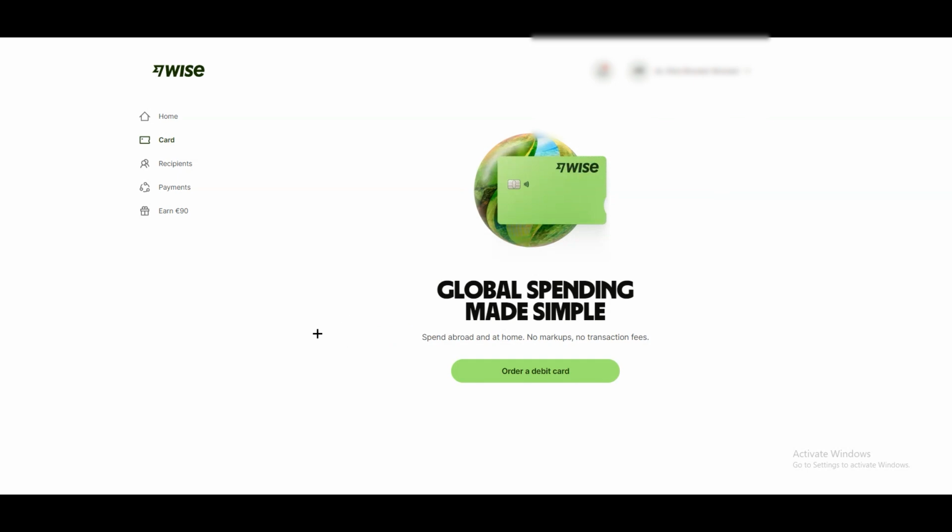So the second method is debit card. Obviously, you can also order a debit card from Wise, and there are many advantages of this. Why? Because if you have this Wise card and if you share this detail from someone, they don't even need a Wise account to transfer you money, and Wise will not charge you any fees for receiving money. So in my opinion, this is one of the best options, and if you want to order it, just click